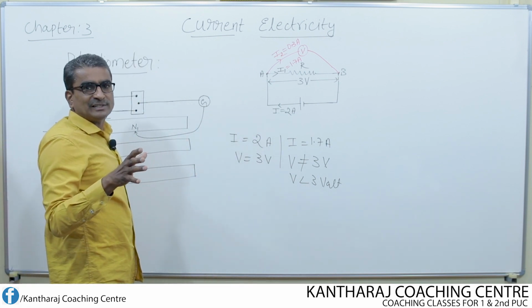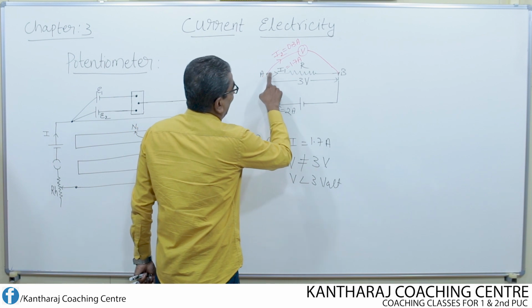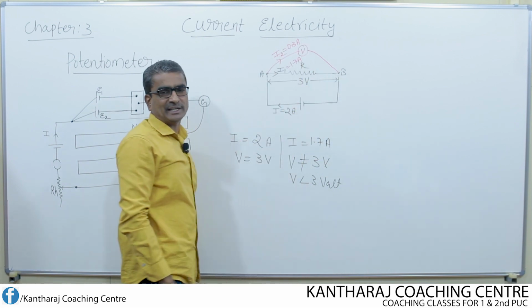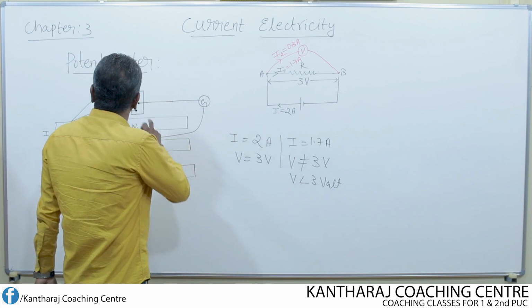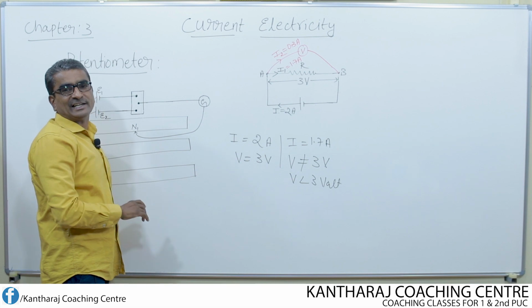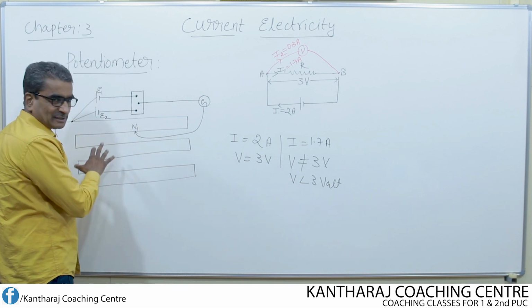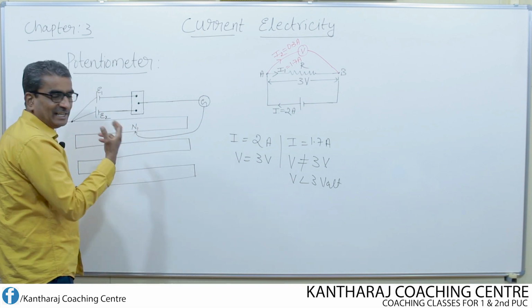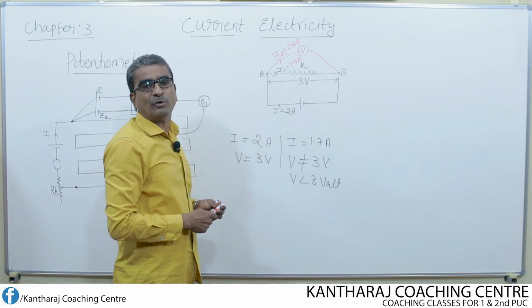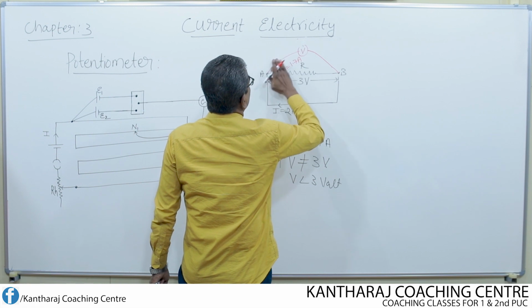This device can be used to measure the actual potential difference between the two ends instead of a voltmeter. Why? Because the potentiometer does not draw any current, but still it reads the actual potential difference of 3 volt. So instead of the voltmeter,